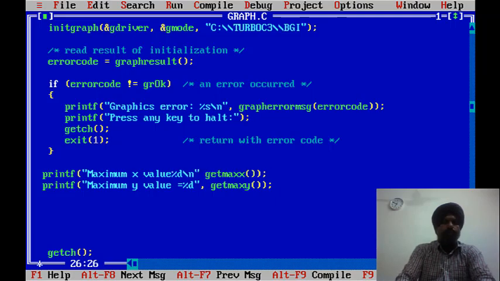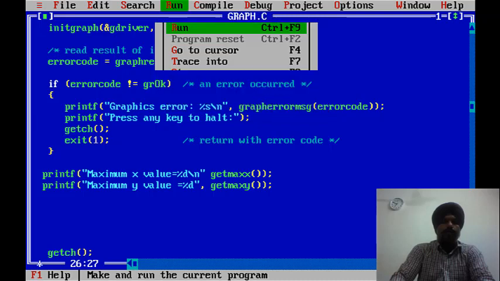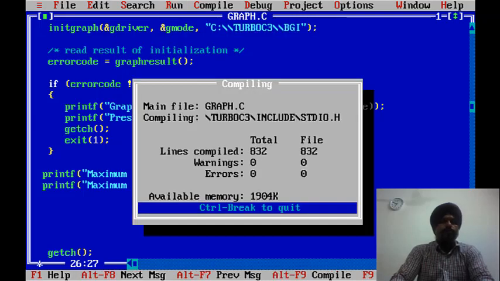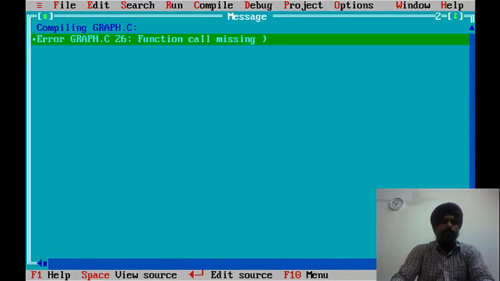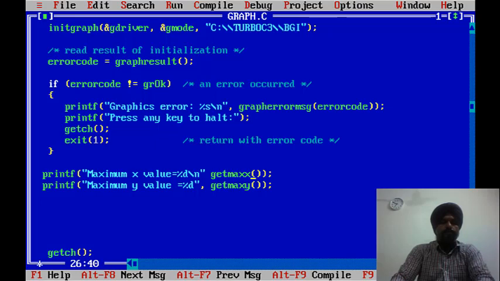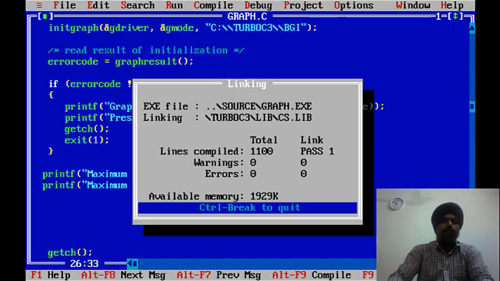So this function will show the maximum value of both. I skipped the comma in the first printf, that's why it shows the error.